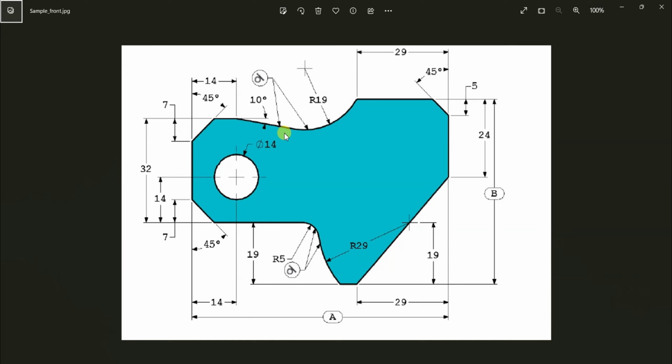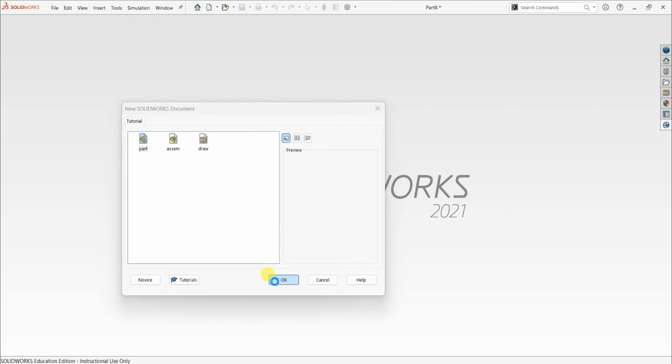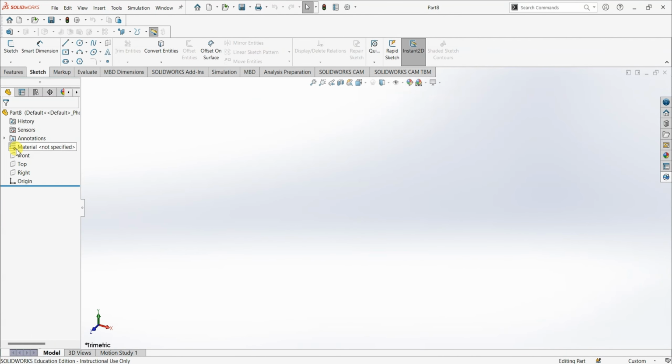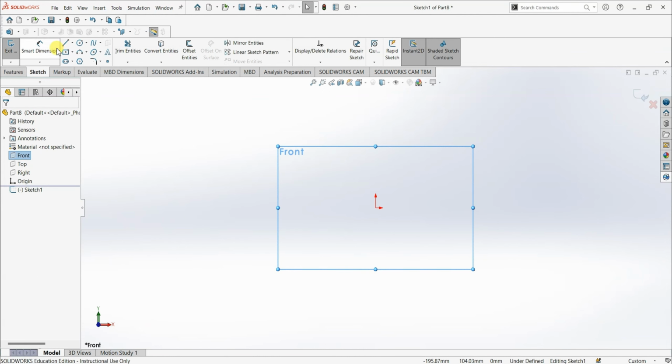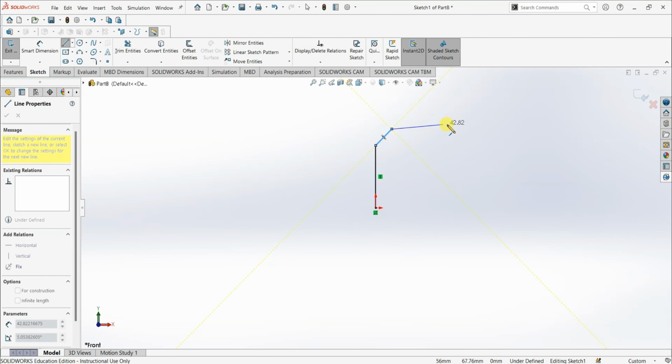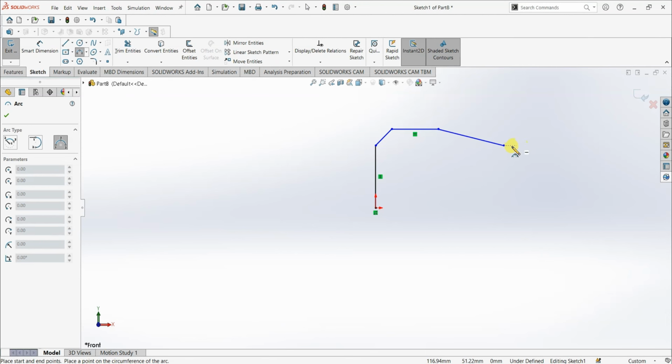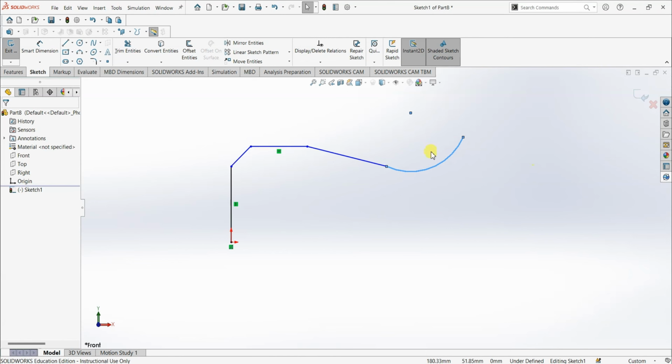So first we need to draw this on the front plane, and then we are going to extrude it. Let's go ahead and draw this in the front plane. First I'm going to draw a rough sketch, and then I'm going to use smart dimension to define the sketch. So front, first I'm going to draw a rough sketch. Then we have a 3-point arc here, and then it's going to be line,